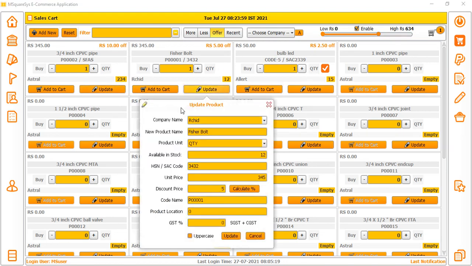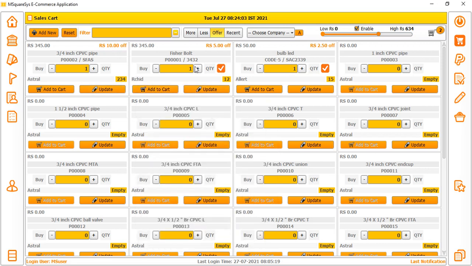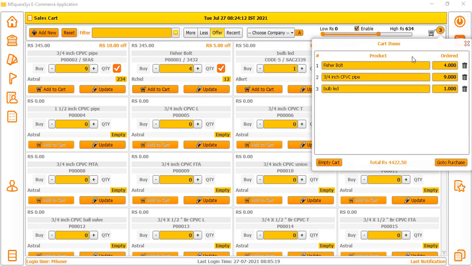Now I am going to make the cart, add to cart. If you want to increase the quantity, you can press increase, add quantity, or press add to cart however many times. This also does the same thing. Once these three items are added, just go to this, and you can verify your order and the number of items you added.